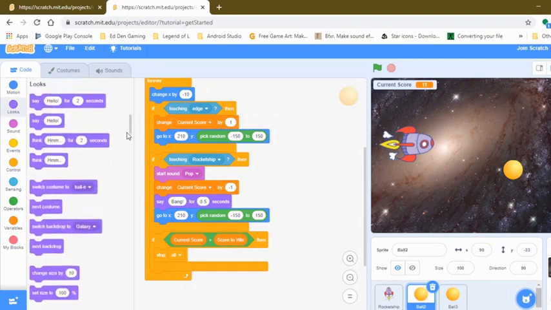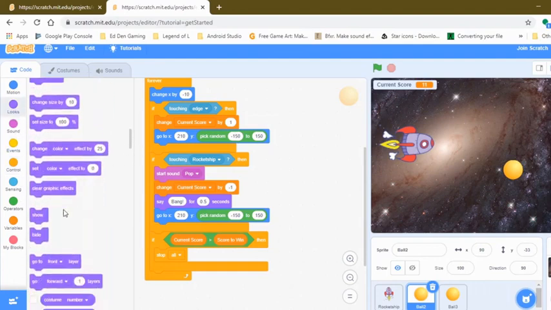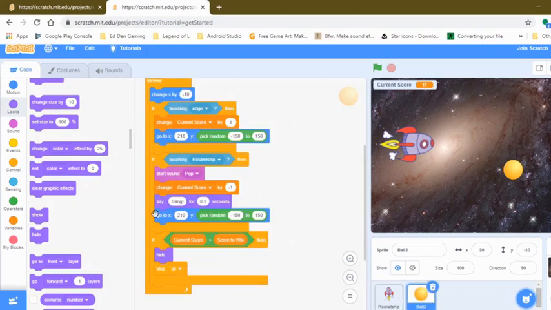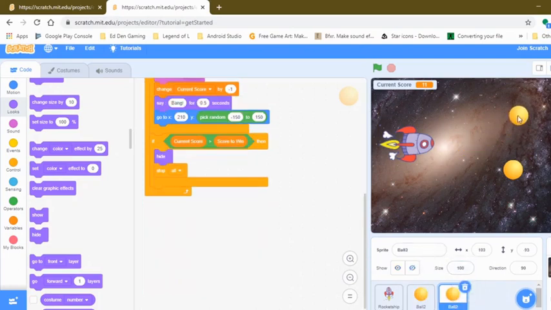If we go into looks, there's this one called hide. And we can just hide our balls, okay? Now, like I said, this is only happening in one of those scripts. So let's delete that duplicate, go back to the one that we've now set the win condition for, and then duplicate that again, put it on, and this time,